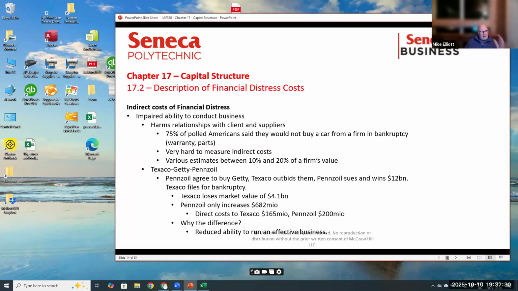Now, what happens if we're chugging along merrily in our company? Things turn a little bit sour. Now we start to feel the early signs of financial distress. We don't have the pool of cash necessary to keep all of our raw materials that we need. The inventory is too expensive, so we cut back on our inventory. Maybe we've let a couple of people go, so we don't have that to worry about either. All of this is harming our relationships with our clients and suppliers.